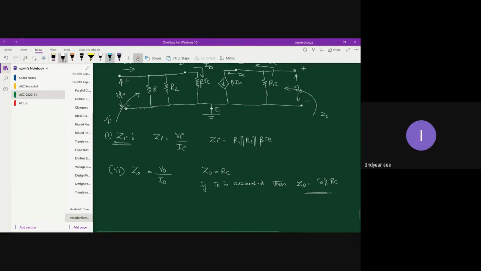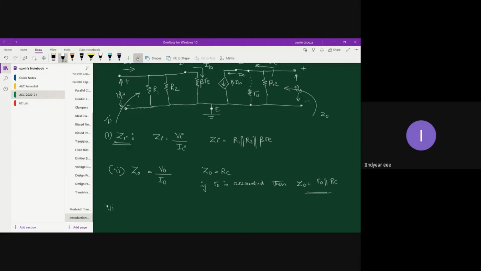And you know, right, what is R0? R0 will be the internal transistor output impedance of the RE model. In dotted line, let me place that R0. If given, then only you consider. If not given, please assume it as infinite ohms, because the normal range for R0 varies somewhere between 40 kilo ohms to 50 kilo ohms. That's a very high resistance value when compared with the RC value. All right, so that's your Z0.